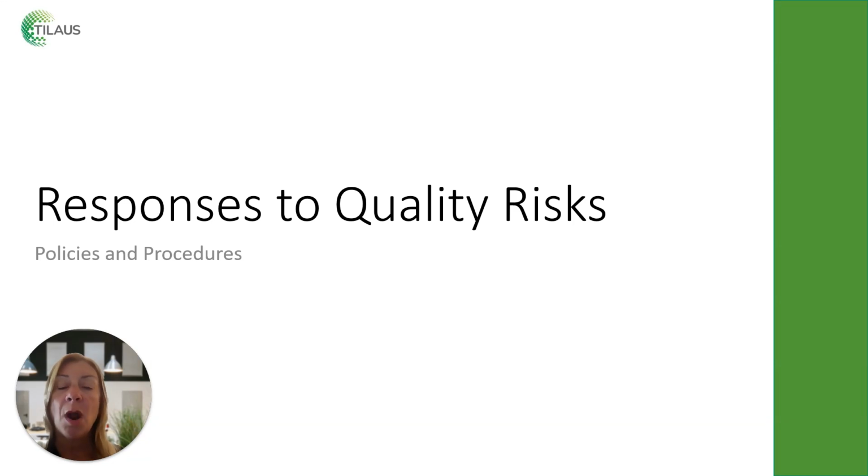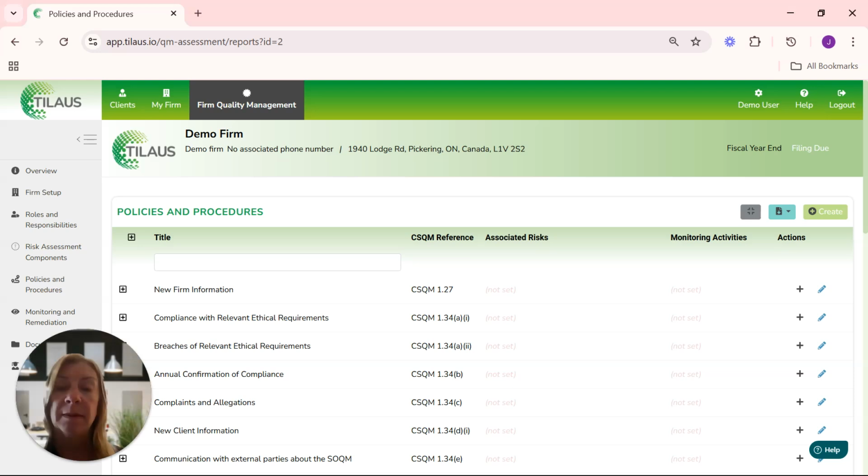In this video, we are going to move on to developing our responses to our quality risks. Now, in the last video, we talked about those specified responses. And under the Policies and Procedures tab, we saw that there were these procedures and policies that had a CSQM1 reference. So these are the ones that may address a particular quality risk that you have identified, but they